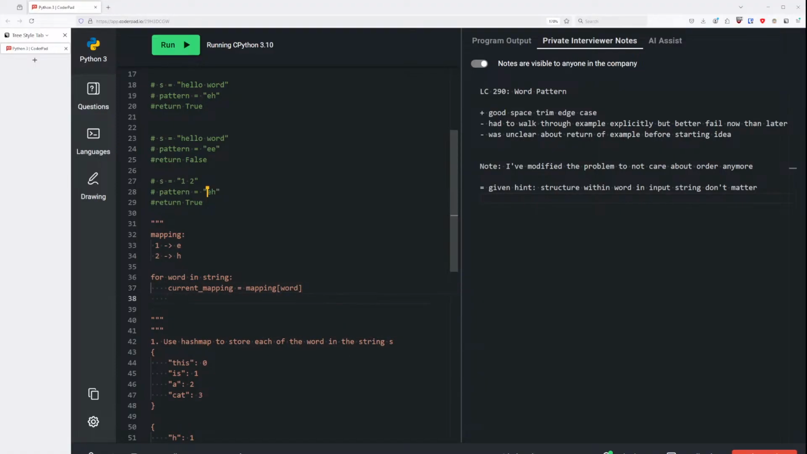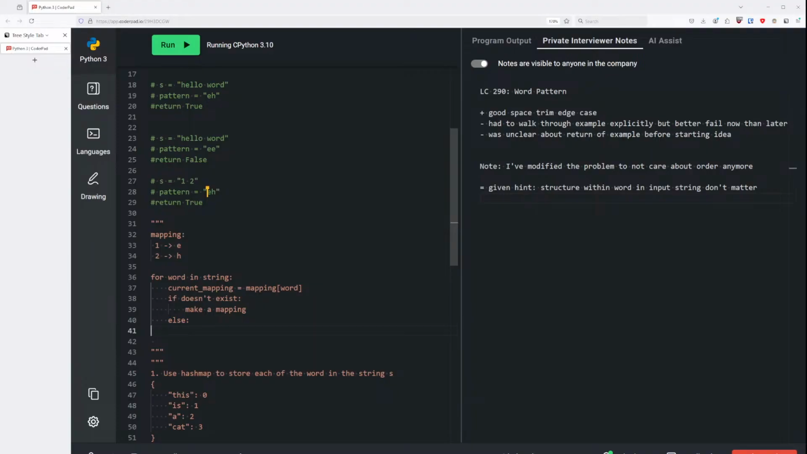Right, we get the current mapping. If it exists, and if it doesn't exist, then it's fine. If it doesn't exist, we need to get it, like we need to make a mapping. Else, if it does exist, if it does exist,